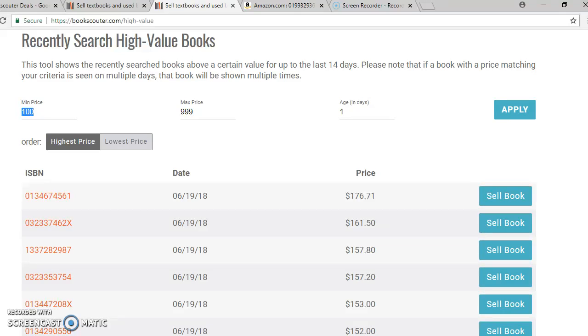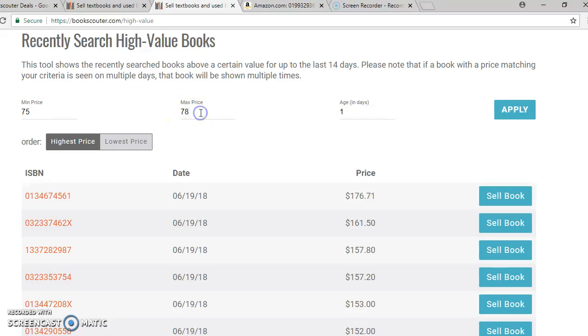You could always also do it backwards from a higher number to the lower. I don't go over 100, let's say 135. So if you want to start with 135 to 132 and just work your way down, that's fine. So what I do is, for example, let's say I'm gonna do 75 to 78, okay? And I want it to find me... What this website will do is it will find you all the books that buyback companies recently paid from 75